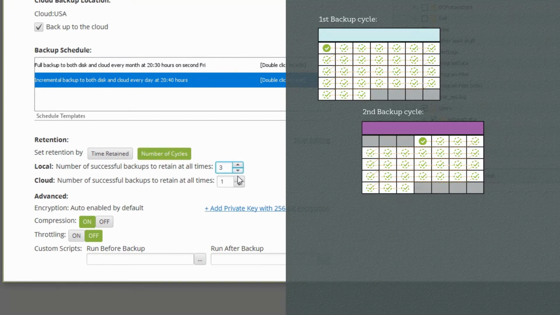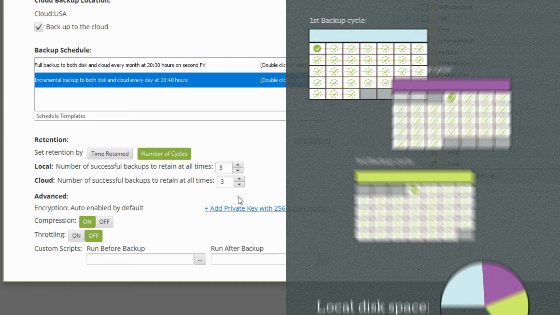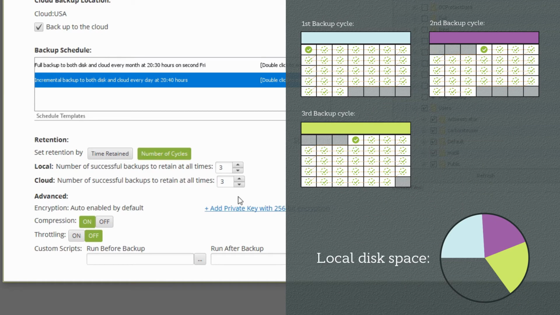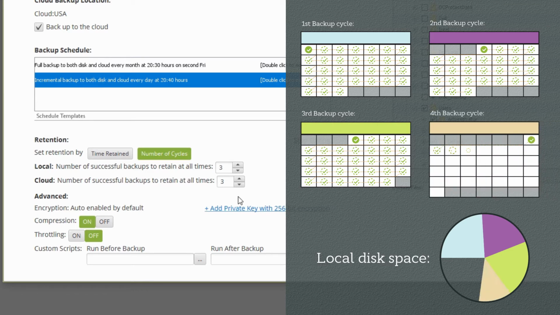Conversely, increasing the number to 3 will retain an additional backup cycle, effectively keeping about 90 daily restore points looking back 3 months. This is good from a data protection standpoint, but you need to be sure your local and cloud storage can accommodate holding the extra data from another cycle. If either limit is breached, Carbonite Safe Server Backup cannot continue making backups until more space is added or older cycles are deleted manually. Another thing to keep in mind is that Carbonite Safe Server Backup will not delete the oldest backup cycle until the newest one is complete.